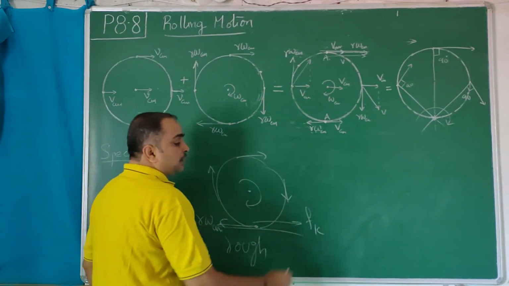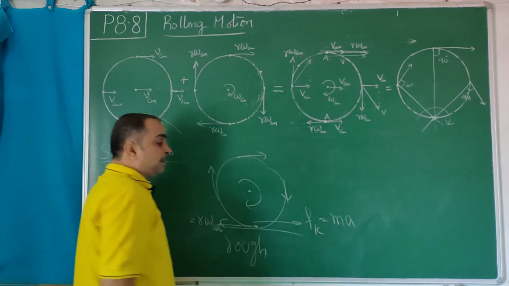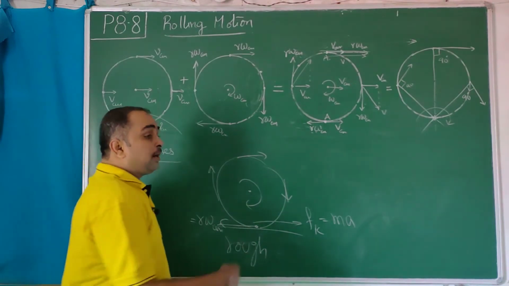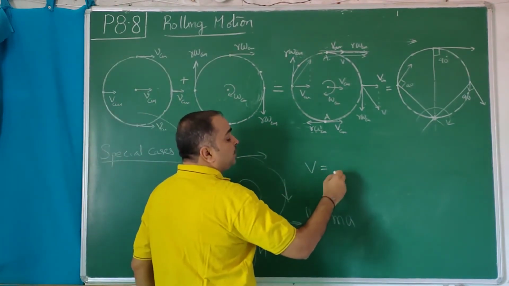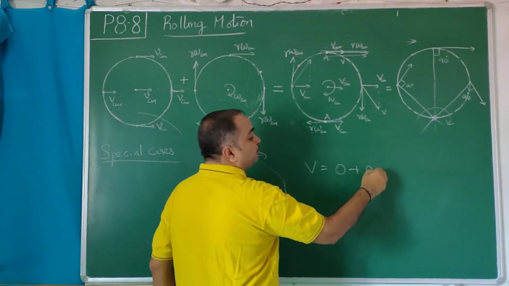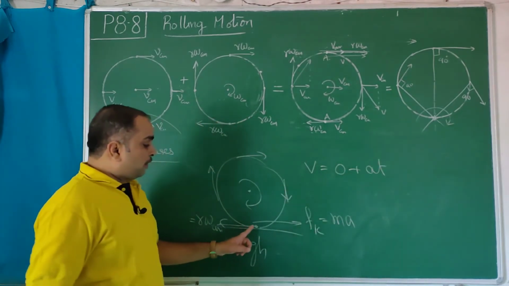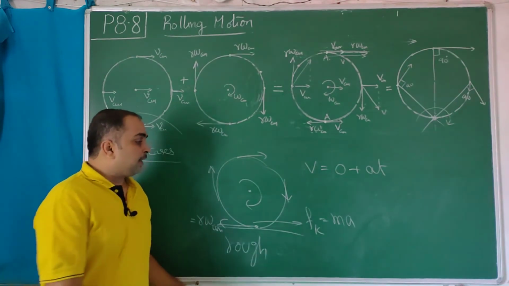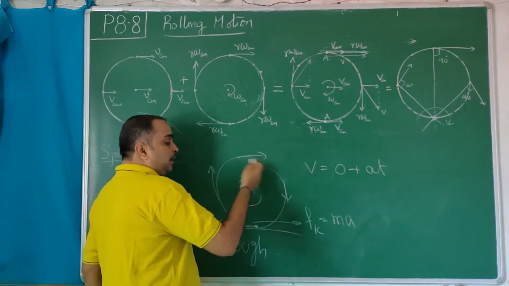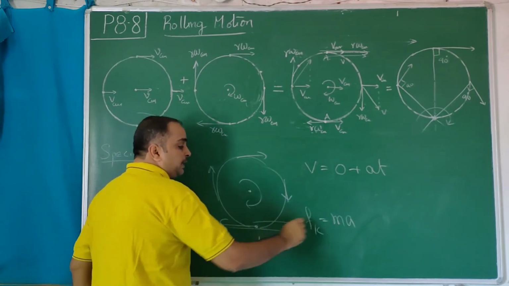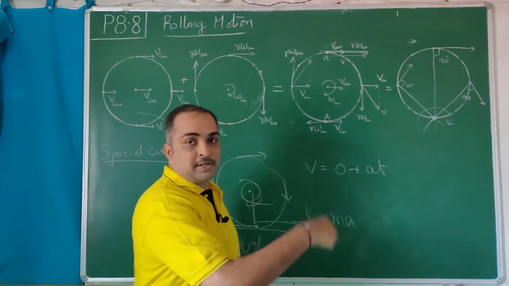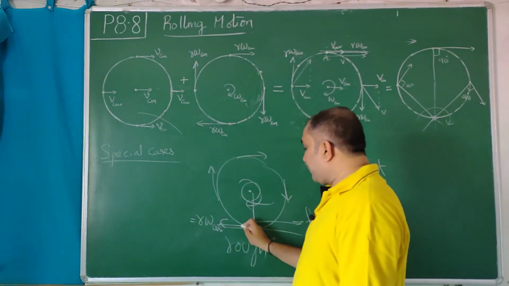What will this force do? It brings acceleration in the mass m, the mass of the wheel. What will acceleration do? It increases the velocity. V is equal to 0 at first, the center is at rest, plus at. So the forward velocity will increase. And this friction which is acting, see, the rotation is clockwise and the torque is anti-clockwise. With respect to this center, force into perpendicular distance creates a negative torque opposite to the velocity. So that will reduce the r omega cm.